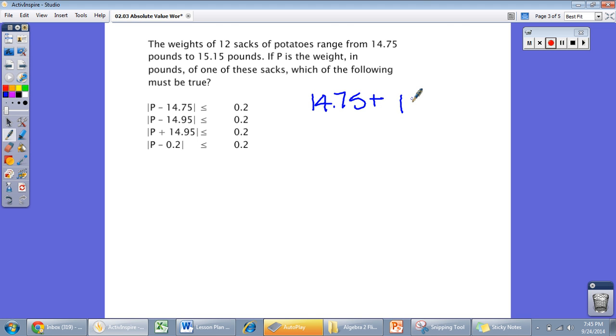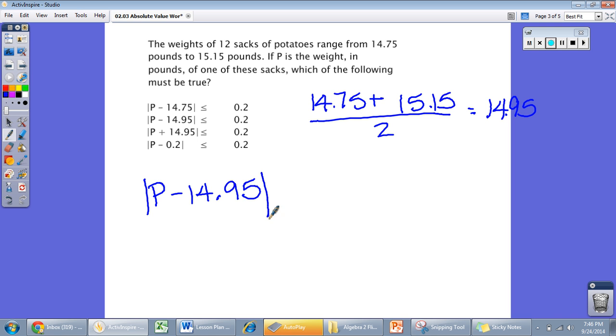So we're going to add the two weights together and divide by 2 to get the average. And our average ends up being 14.95. So we know a particular sack of potatoes, we're going to take the absolute value of that particular sack minus the average,